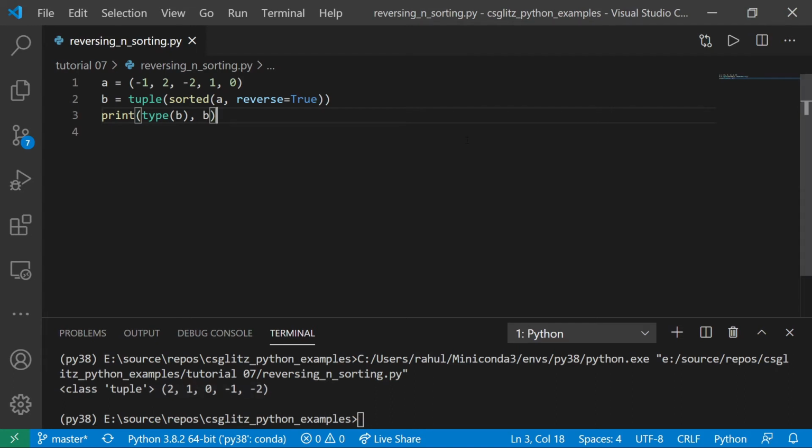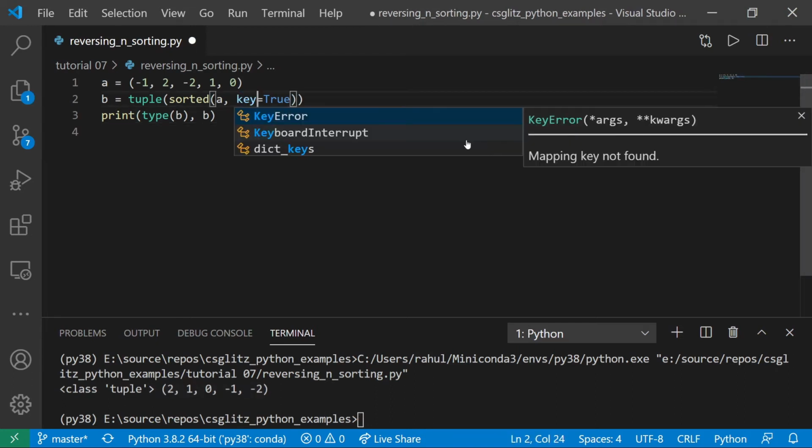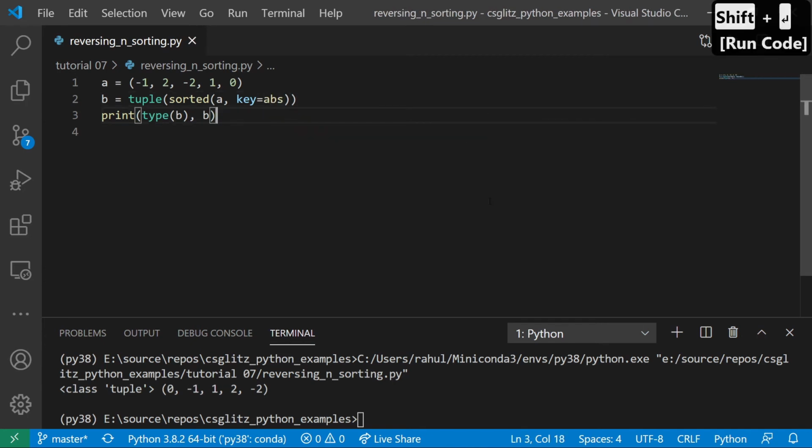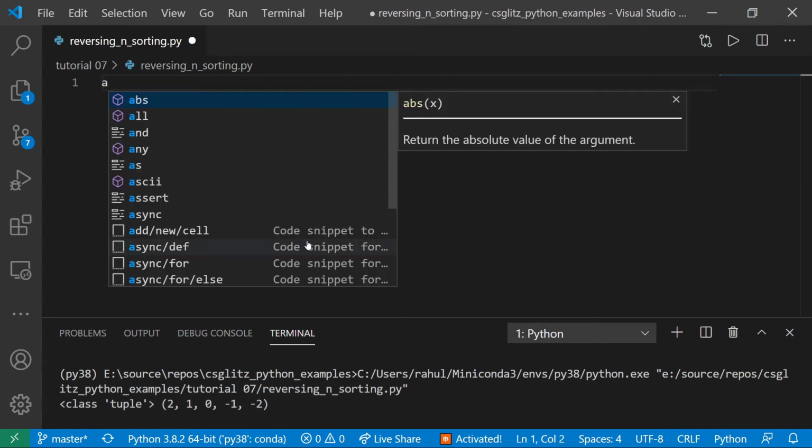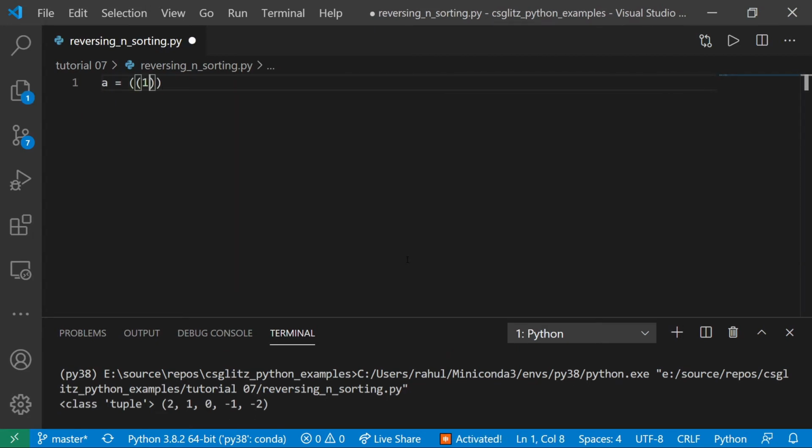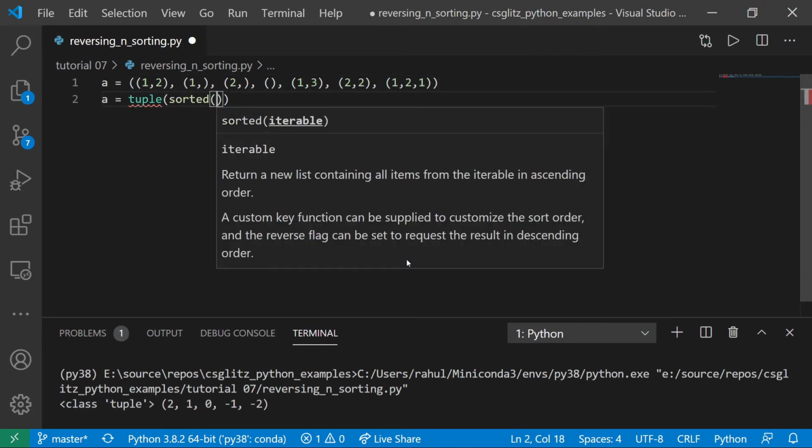If we specify the key, then it will sort based on the result of the function instead of the actual values. We can also sort the tuple of tuples. Here, the sorted method is comparing different tuples.